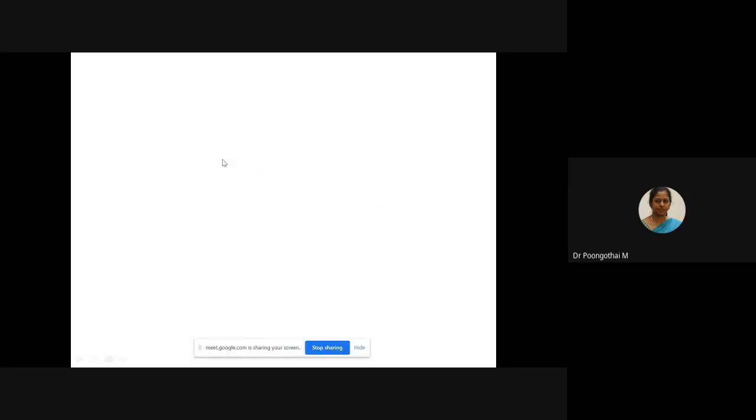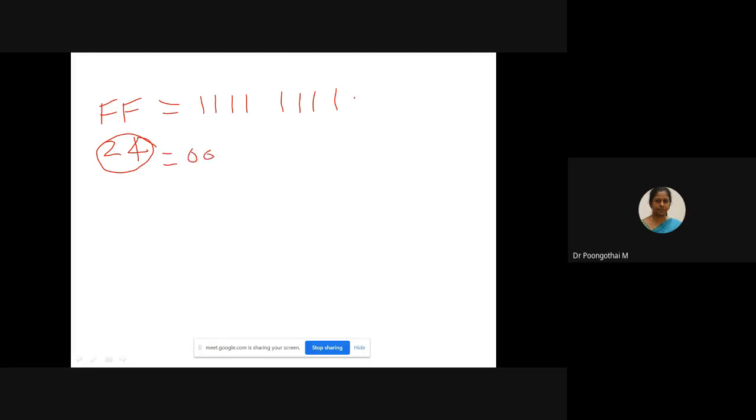So let's take this example, that is FF minus 24. The binary equivalent for FF is 1111 1111. First we need to take the 2's complement of 24. So 0, 0, 1, 0, 0, 1, 0, 0.